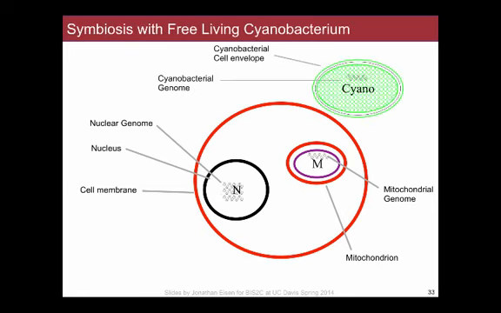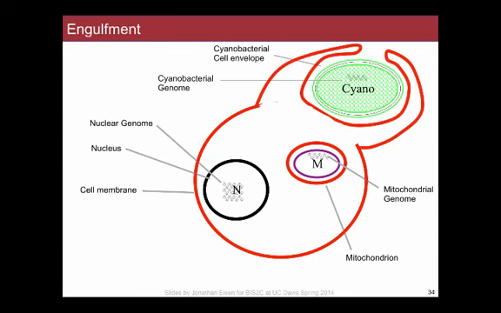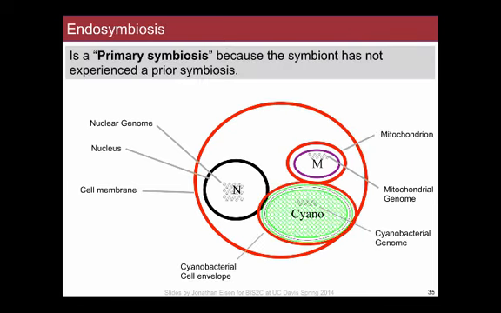This eukaryotic cell interacted with a free-living cyanobacterium. Cyanobacteria are one of the phyla of bacteria that we talked about previously. They are photoautotrophic. All representatives that have been studied in detail are photoautotrophic. That cyanobacterium was engulfed by this phagocytosis process, brought inside the cell. This is now another primary symbiosis event. The primary term refers to the history of the symbiont. So in this case, the cyanobacterium had not been involved in a prior endosymbiosis. So now we have a new primary symbiosis for this group that is bringing in the cyanobacterium, which eventually became